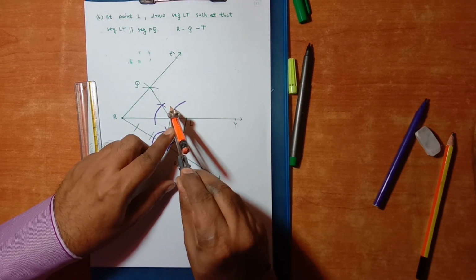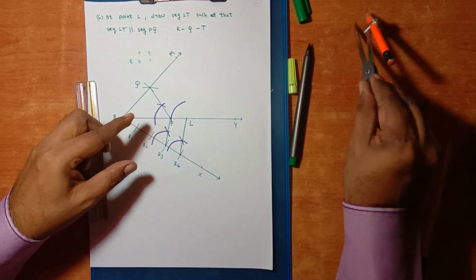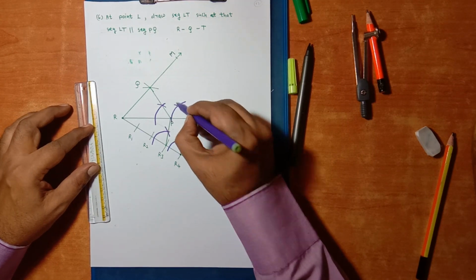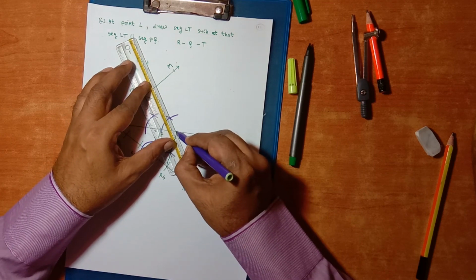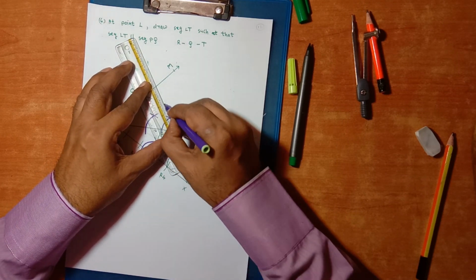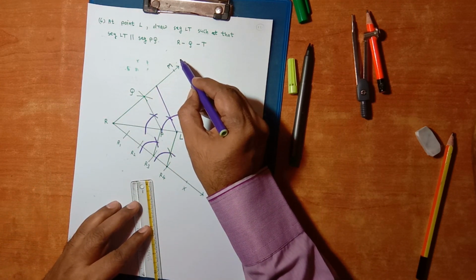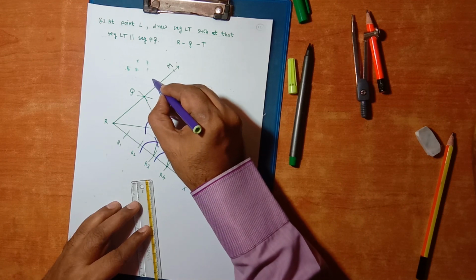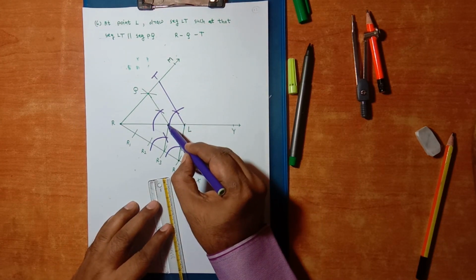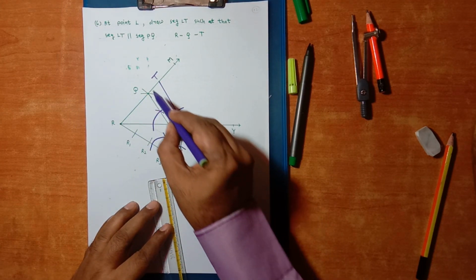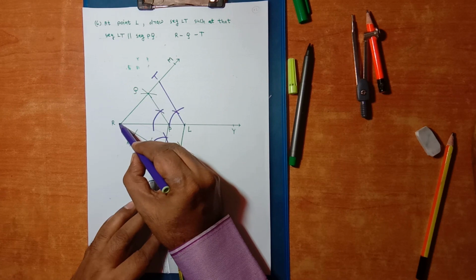I will repeat the same process without changing the distance. I will draw an intersecting arc. They intersect at this point, and from point L and the point of intersection, I will draw a segment. This segment intersects ray RM in point T. So in this way we have drawn triangle PQR and triangle LTR. These two triangles are similar to each other and they have a common vertex R.